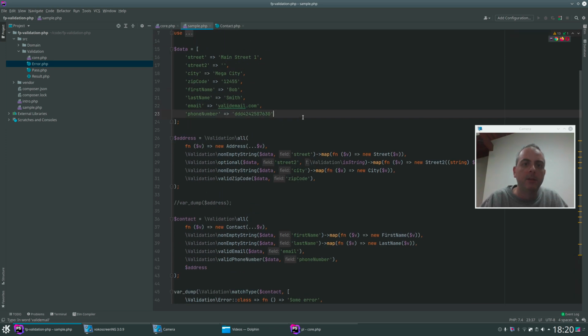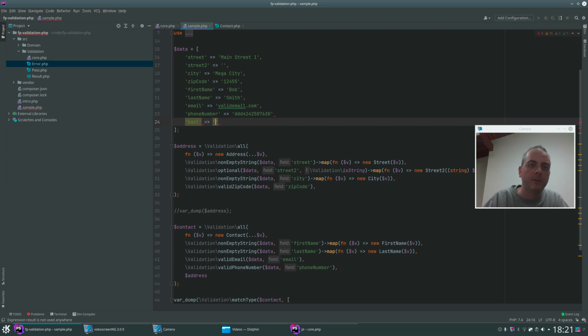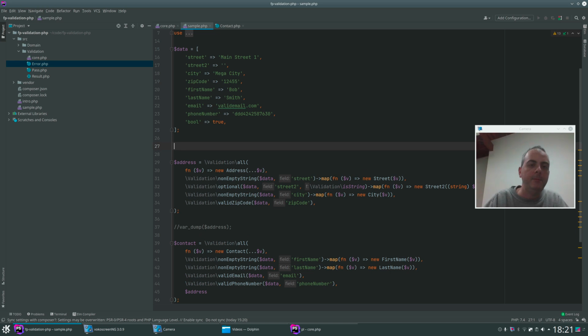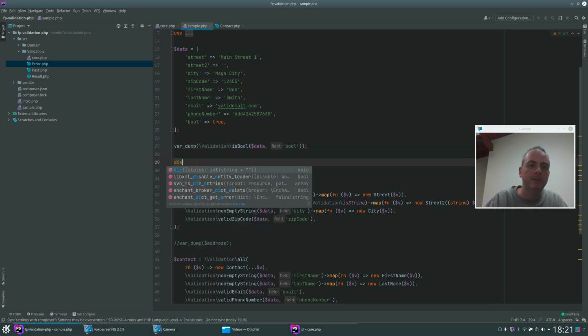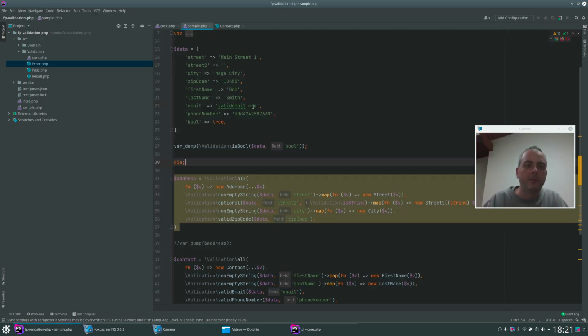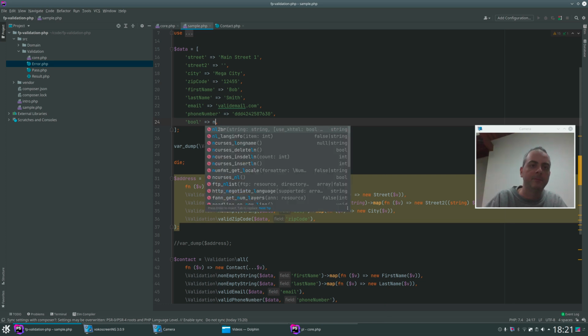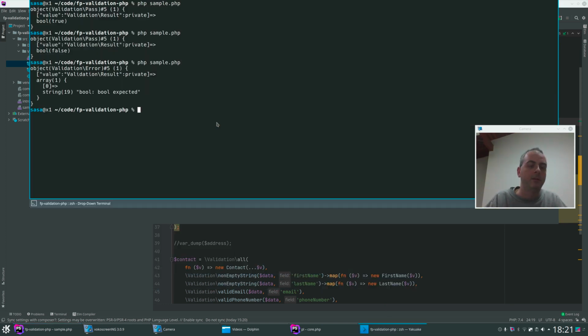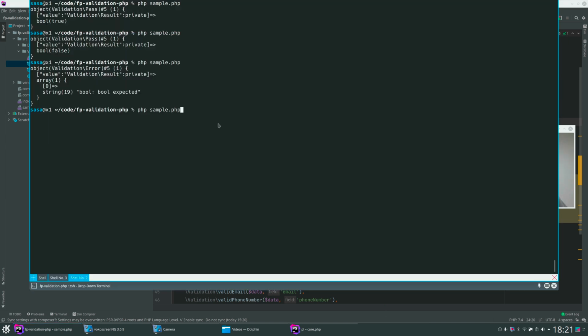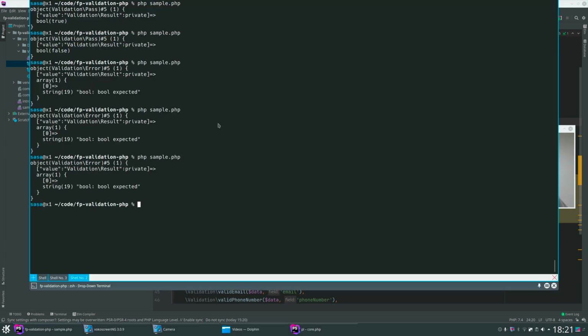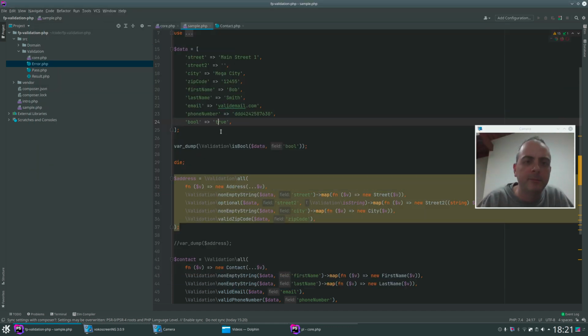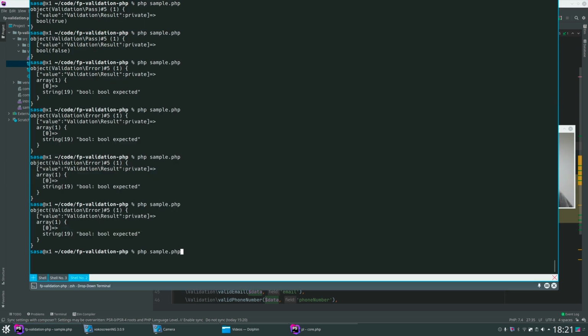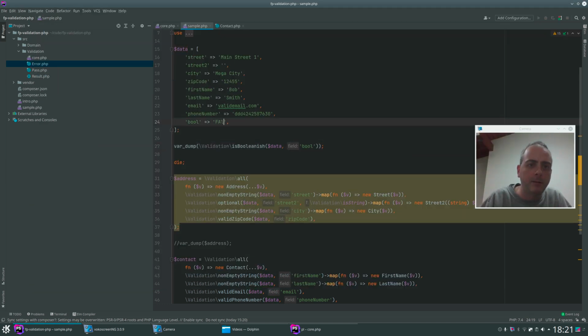Let's check this real quick. Bool true. Okay, var dump is bool data bool. So that's true. Okay, so let's try false. That's also good. Let's try null. So that's not okay. Let's try string true. That's not working. That's because we use is booleanish, and then it's true. Or I can write it here in a crazy way. Okay? But if it's missing,